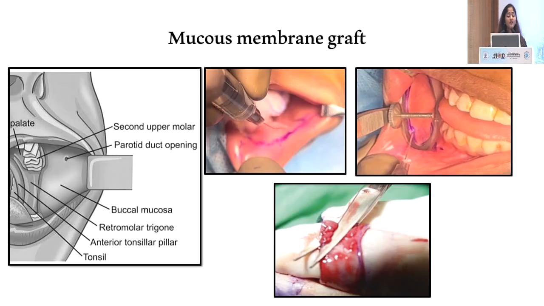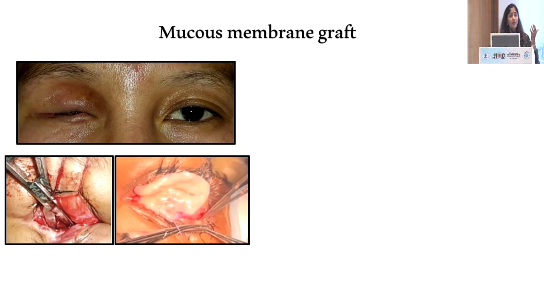So coming to the mucous membrane graft, as I said, we normally harvest it either from the lip or from the buccal mucosa. It is very important that you do not cross the midline, and when you're doing it from the buccal mucosa, there are two things you have to keep in mind. One is the position, the second molar, and you should not damage the parotid duct that is there. You get a very good clamp that you can actually clamp the cheek with so that you have a very good hold. Measure the socket depending upon how much defect you have.